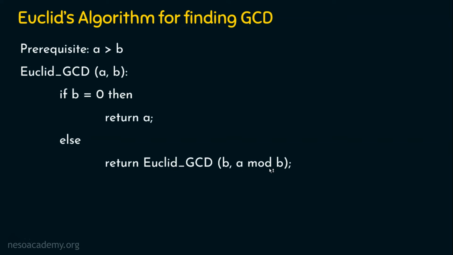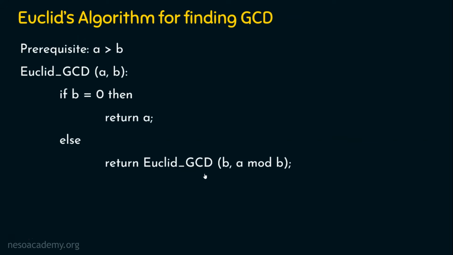This is similar to method 1. In method 1, we solved this problem using a tabular column approach. But here we are going to solve it differently. That is, we are going to recursively call this function again and again till this part becomes 0. Whenever B becomes 0, then A is the GCD, right? I know it will be difficult for you to understand at this moment. If we see some examples, we will understand things clearly.